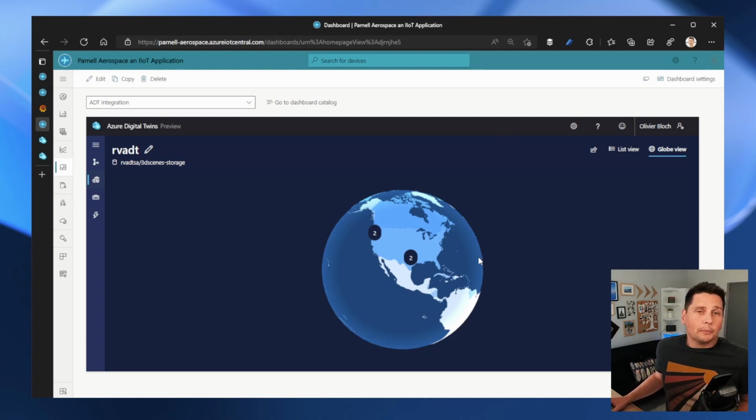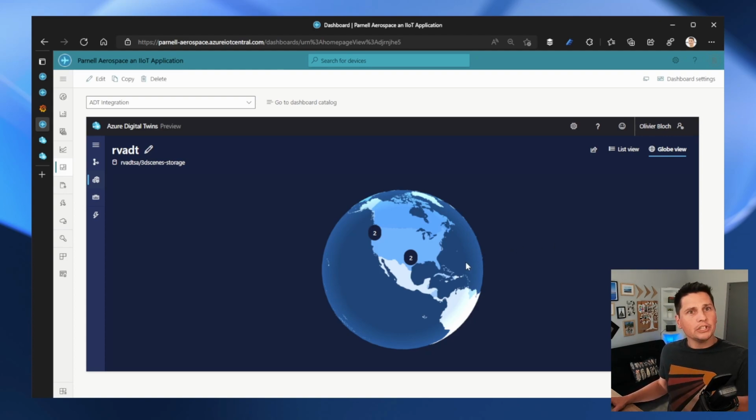As Parnell Aerospace wants to empower their employees and enhance efficiency and productivity, and also lower the risks for their employees, here's a nice way for them, whether they are an operator on the factory floor, a plant manager, or a region manager, to inspect machines in real time and to get some insights into what's going on.